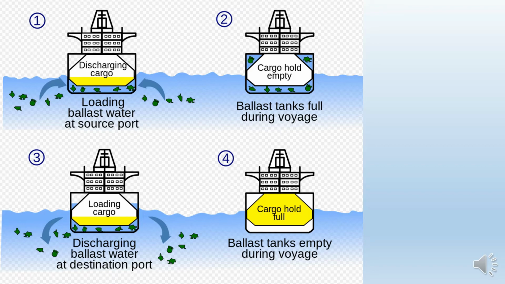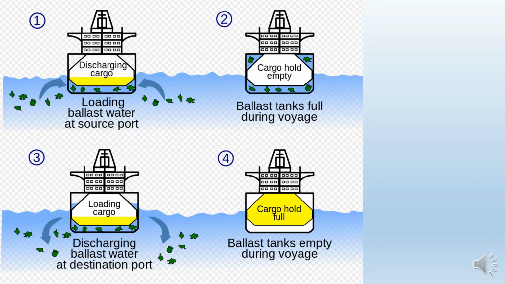So to make it more stable, the ballast water is removed proportionately to the load which is added by the cargo. So now the ship is stable, the ballast water is removed, and exactly proportionate to the weight of that ballast water, the cargo is added. Now the ship is fully loaded again, and it will move on its next voyage to some other far away port.